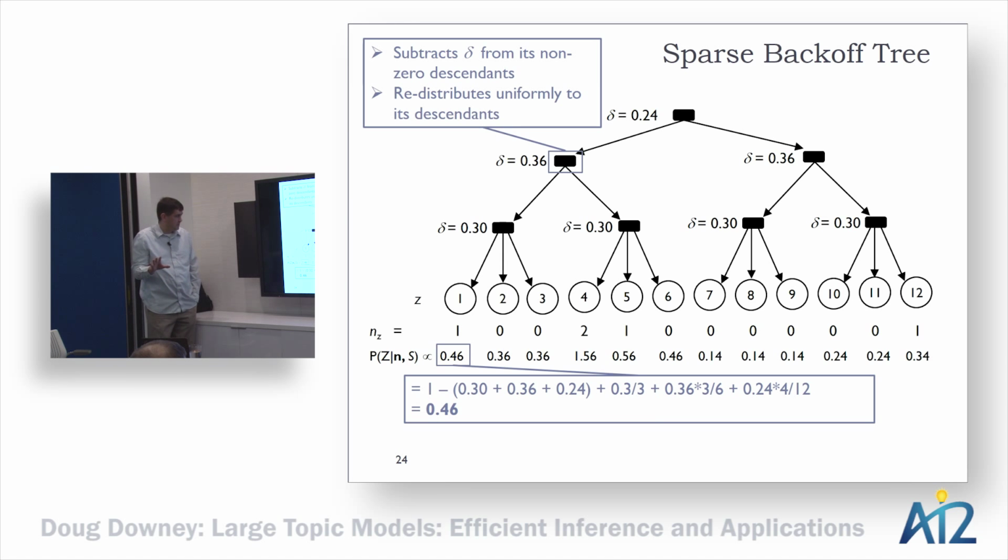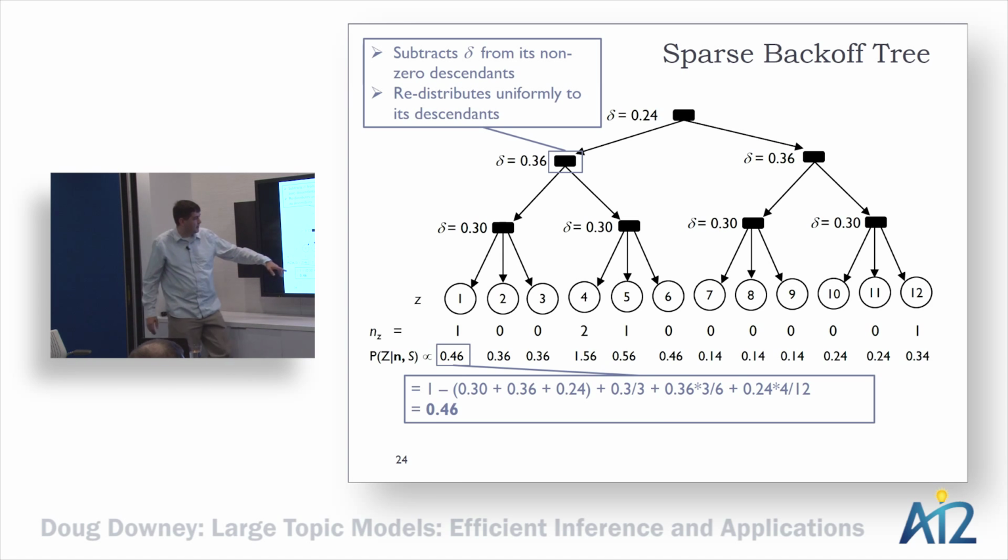And the result of this is that nodes with non-zero neighbors tend to get higher probability than nodes with lots of zero neighbors. Here's an example. So this 0.46, where does this come from? Well, it's 1 minus, so each one of these interior nodes is going to take away from this one. But then each one of these interior nodes is going to give back a smaller amount. So this 0.1 divided by 3 comes from this node that took away 0.1, 0.3 divided by 3 comes from this node that took away 0.3 and then divided that equally among its 3 descendants. And you end up with 0.46 for this particular node.